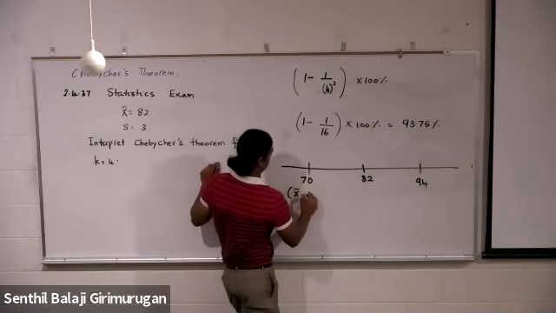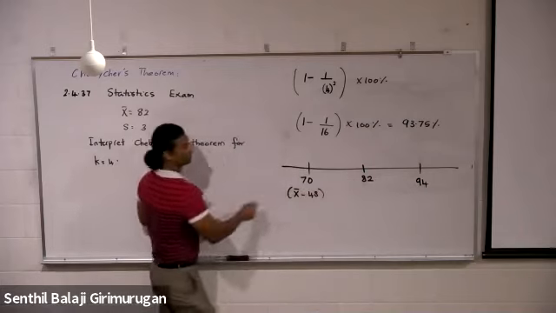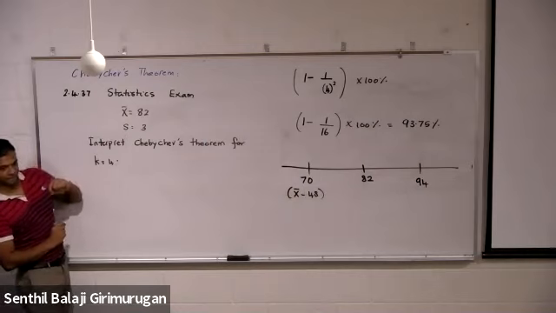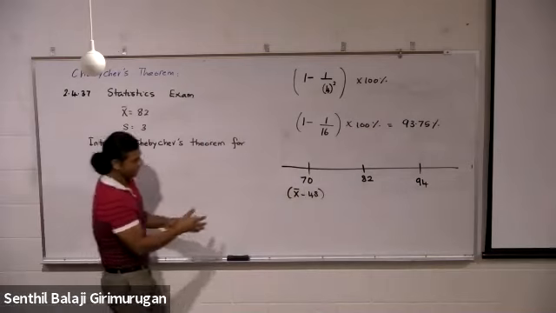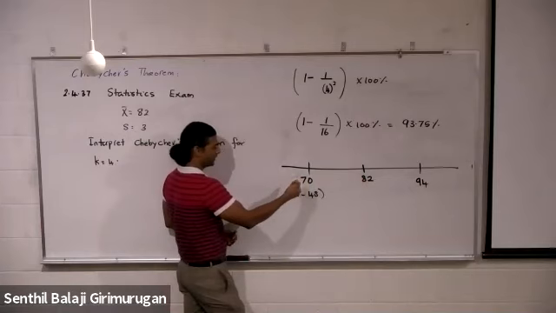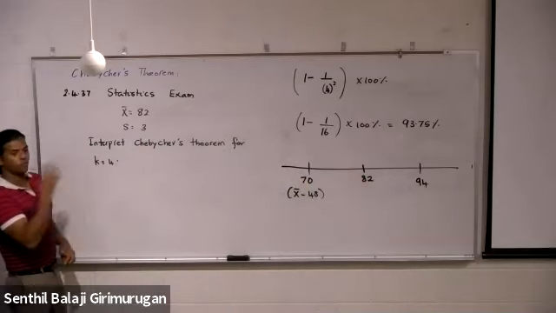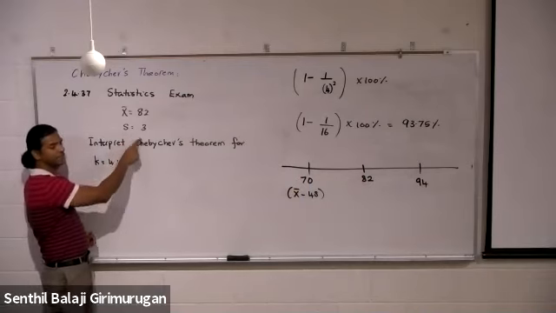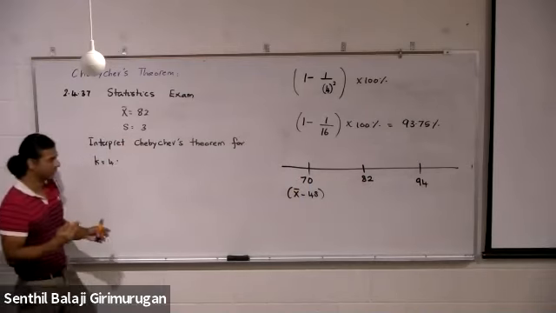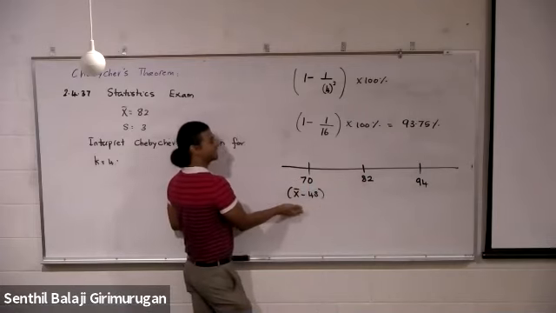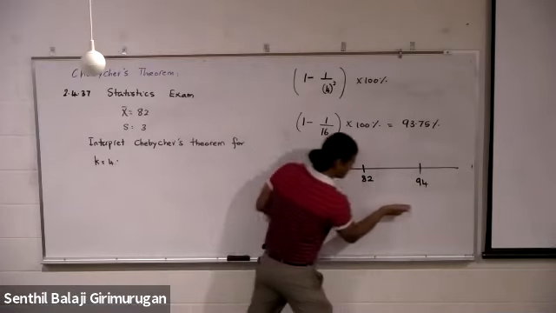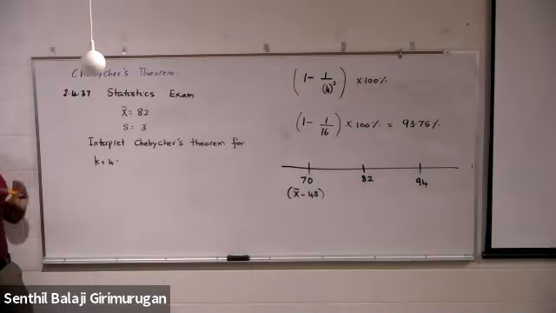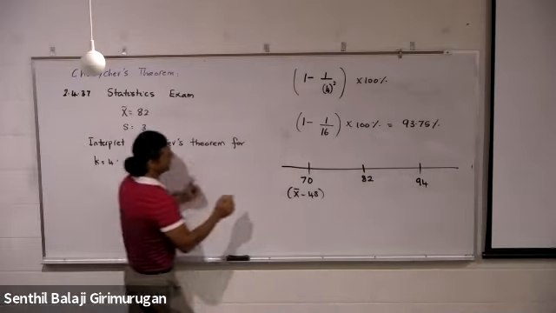Wait, how do you get 12? How do you know that? 4 times s. 4 multiplied by 3. How many standard deviations would you go from 82 to 70? K is 4. 4 standard deviations. Each standard deviation is 3, so 4 of them would be 12. So 12 on this side, 12 on that side. So within those 2 limits, according to the theorem,